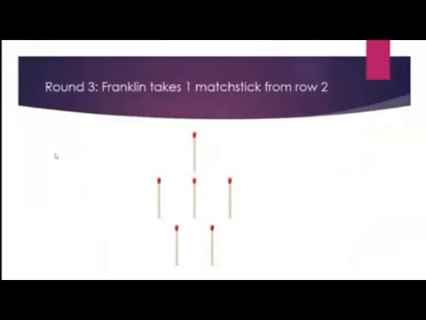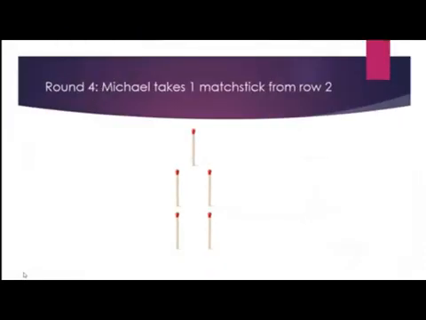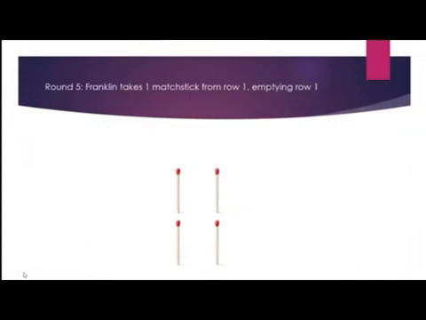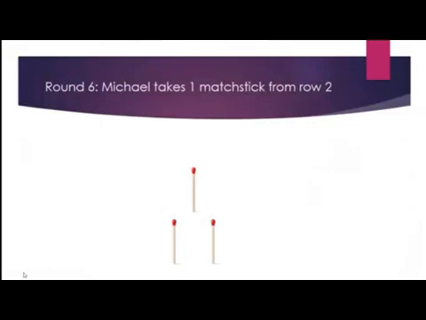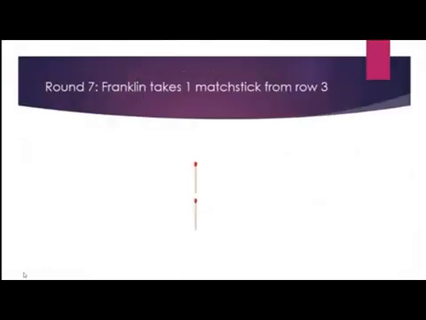So if, let's say, Franklin takes a matchstick from the second row, he has to take another matchstick from the second row itself. He cannot take it from the third row. Like that, and then we just continue playing. Takes one matchstick each. Then Franklin takes one matchstick. Then row one is empty. And Michael takes one matchstick, and then like this,